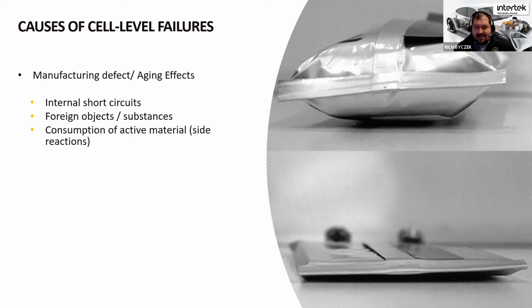Just showing here the image, what the effects of some of these thermal runaways can be at the cell level, or even some of the aging effects over time. You create either that short circuit path or you have other chemical reactions occurring within the battery because of that manufacturing defect or that foreign substance in there. And those reactions are non-reversible, so they build up pressure. They can't be resolved or reversed such that pressure is somehow reduced again. So you eventually get to a point where that pressure and heat build up enough that you rupture or break open the cell. And depending on how quickly you do that, that could include fire and heat, or it would just be more of a performance type of failure.